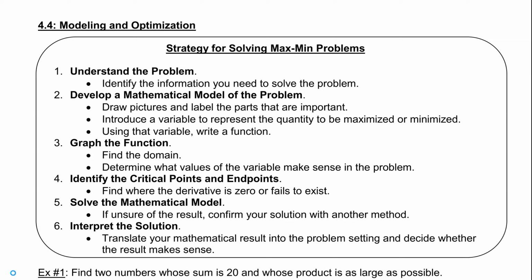So 4.4, modeling and optimization. So 4.3 taught us how to find min and max. Do we remember how to find min and max? What were the steps? Hannah: You find the derivative. Set the derivative equal to 0, or undefined. Solve, get critical points. And then you plug those into a number line, and you see if it's positive or negative. And then you see if it changes from positive to negative. If we had a positive derivative that went to negative, what will we have? A max. If we go from a negative to a positive,